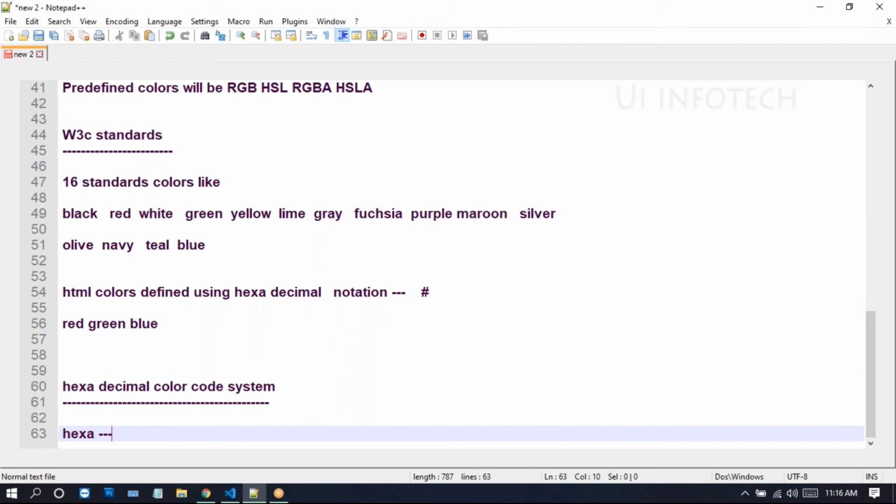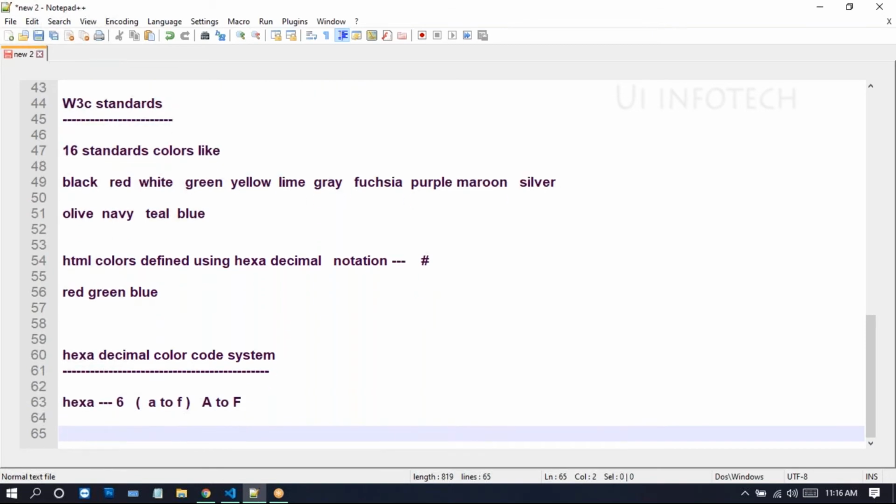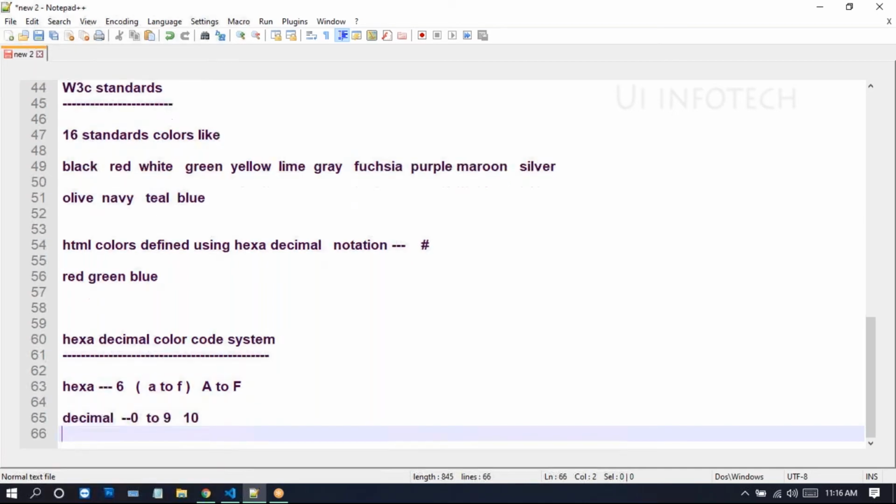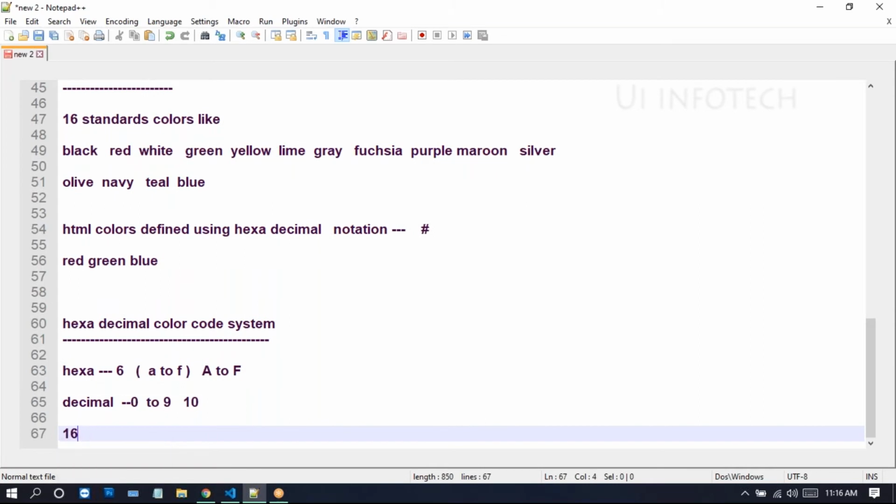In this hexadecimal, there are 6 digits, using small a to f, and we can also write capital A to F. Decimal stands for 10, that is 0 to 9.